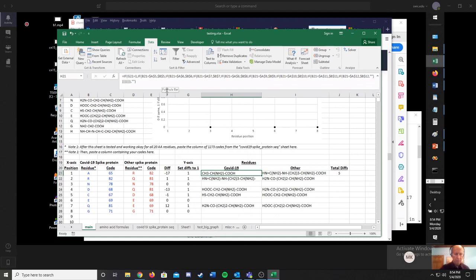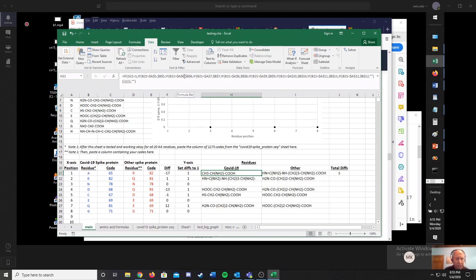So if we have a look at this formula, it's looking at G21. Here's G, and there's 21. There's a 1 in that cell, so it's looking at that and it's saying, okay, is that a 1? And then if yes, then it compares to, then it looks at B21. Here, B21 is an A,